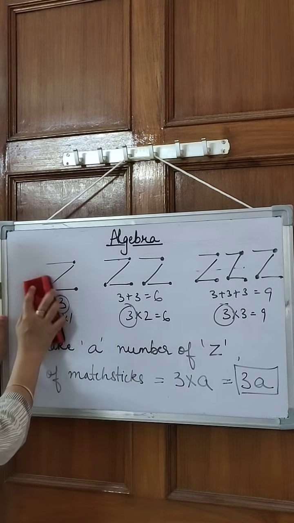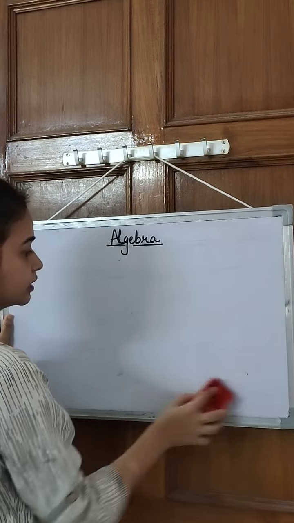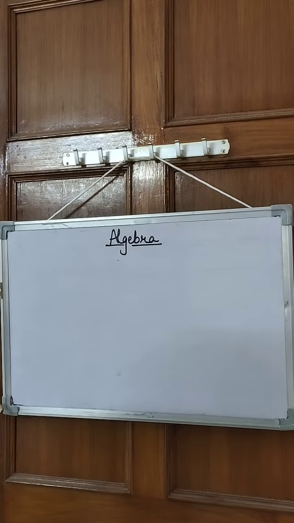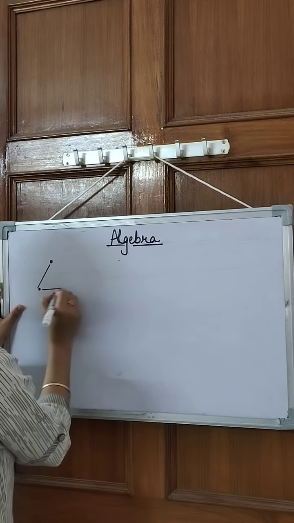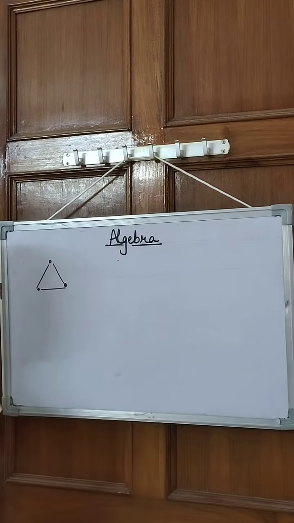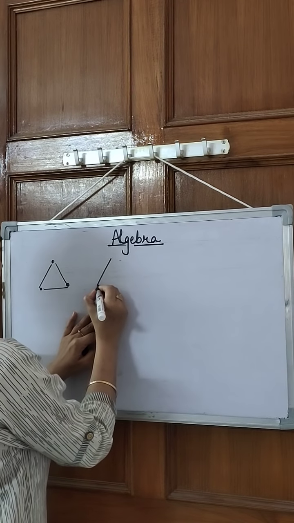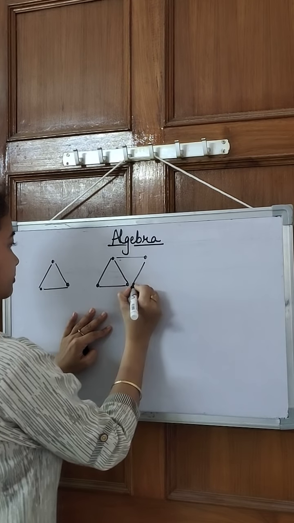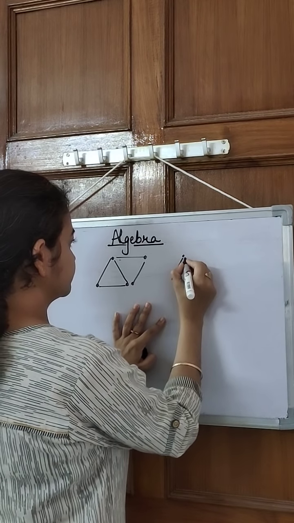Let's take one more question, where you have to think logically, as you think in logical reasoning questions. Form a pattern and then do it. So again, if your pattern is somewhat like this, I have to make a triangle. To make a triangle, 3 matchsticks are required. Now if I make 2 triangles and I join them, now again I make one more and do the same thing.